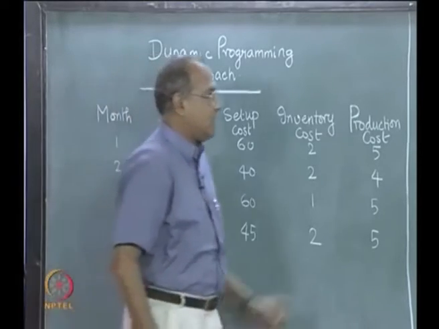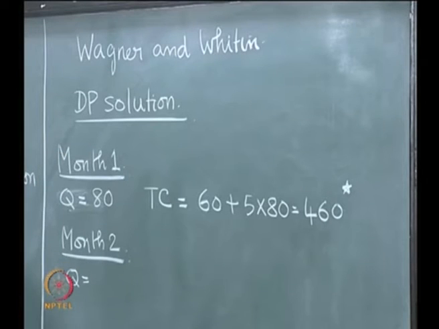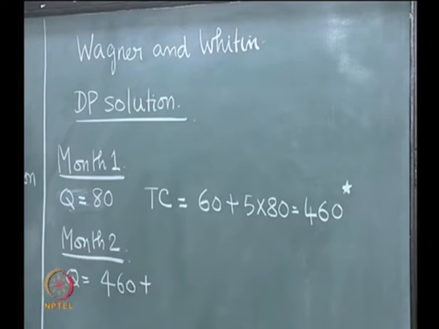So, one is to meet month 1's demand in the best possible way, which is 460, which comes from here, plus produce what is required for month 2 by incurring a setup cost of 40